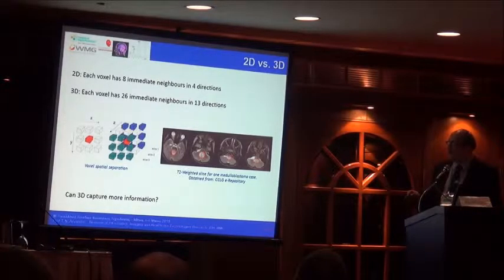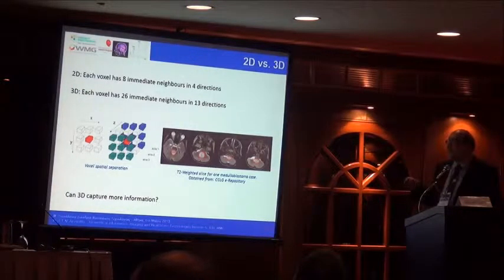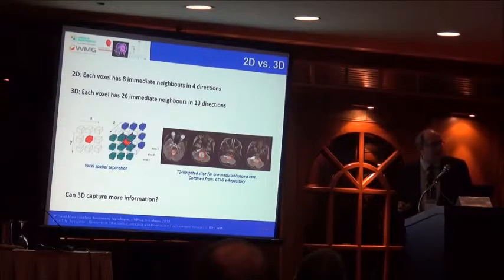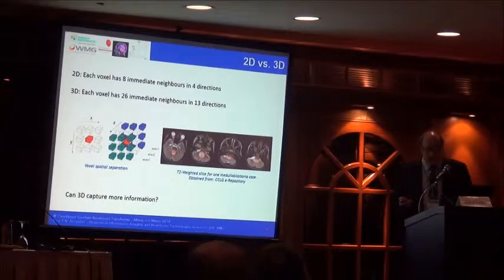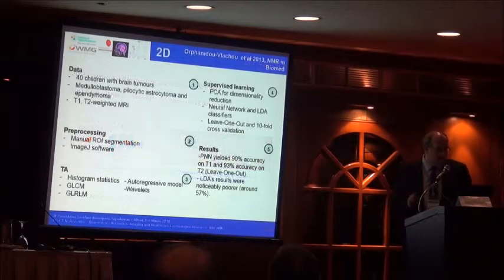So what we are doing is we look at 2D representations. Again, a voxel there might have 8 neighbors in all four directions, or 3D, which might give us a little bit more information about the neighborhood. And one of the things we have been studying most recently in the past years is that 3D capture is a better way to discriminate for diagnosis and prognosis. So I will give you some examples of how some of our work has happened and what we have achieved until now in the 2D space and the 3D space.